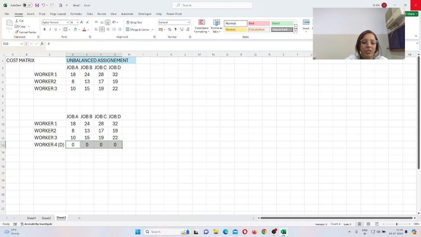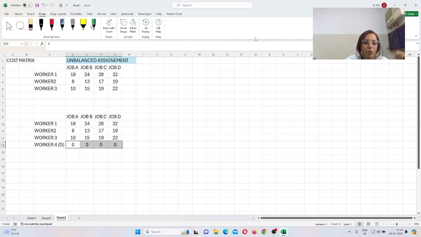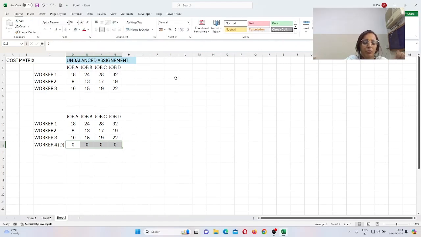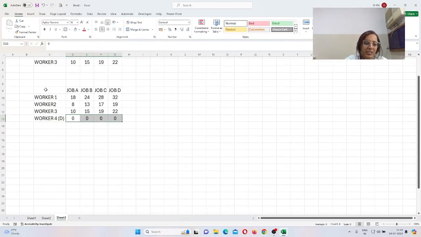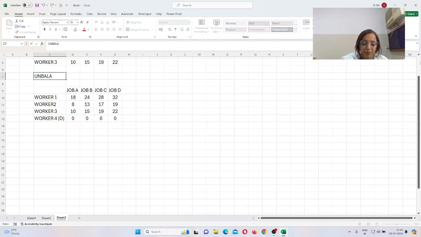Now my point is which worker should be given which assignment job, so that my assignment cost should be minimum. Right? So now I'm talking about my main objective. What is my main objective over here, and what do we have to find? We have to find out the value of this assignment. So write it over here: unbalanced assignment